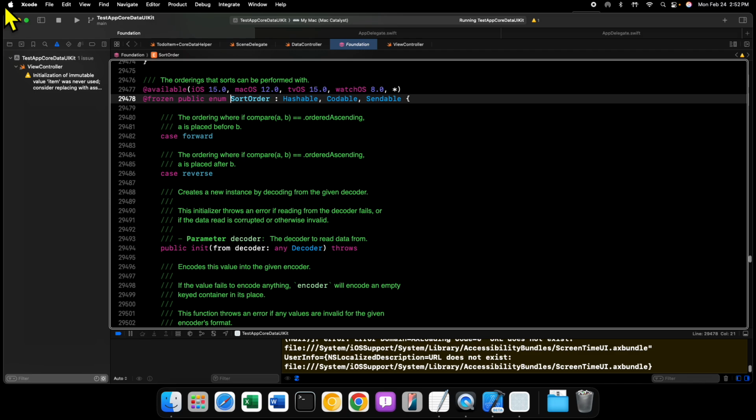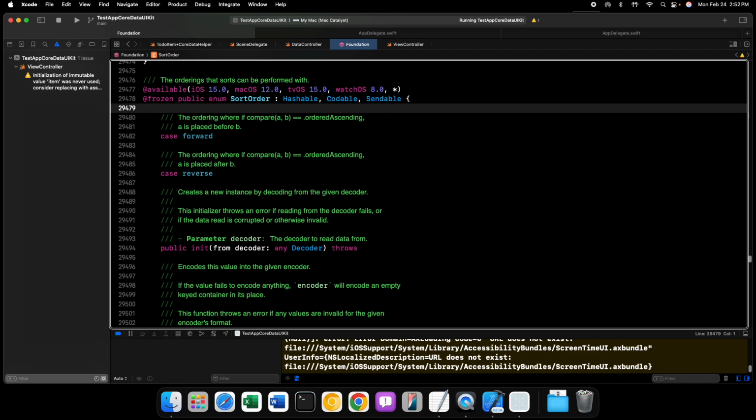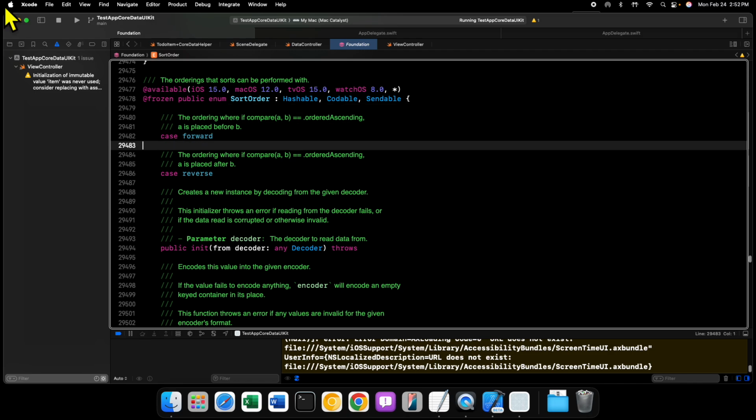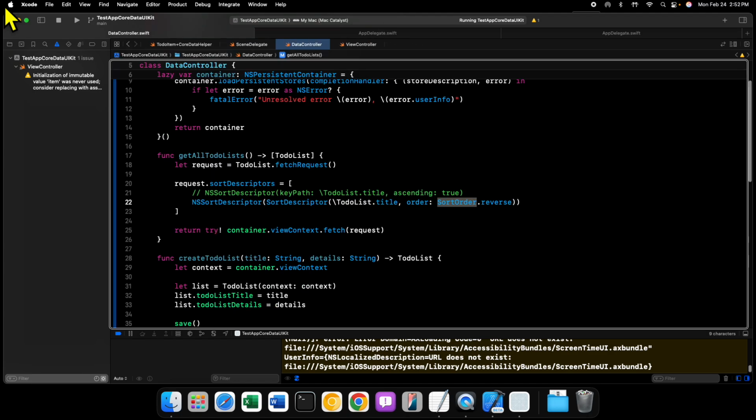But we can see here that SortOrder is an enum. Granted, it has a couple more things attached to it, but it is an enum. And we have case forward and case reverse. So those are the only two cases that we're given. And so because this is an enum, we can just get rid of SortOrder entirely and say dot reverse or dot forward, and it'll work just fine. We can improve this further